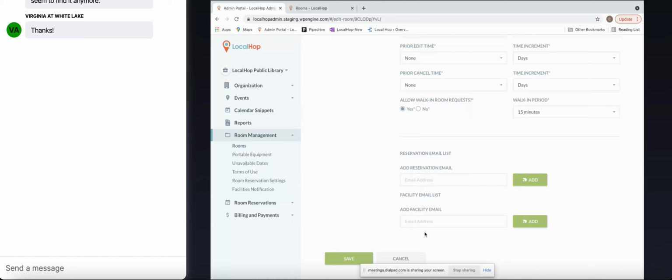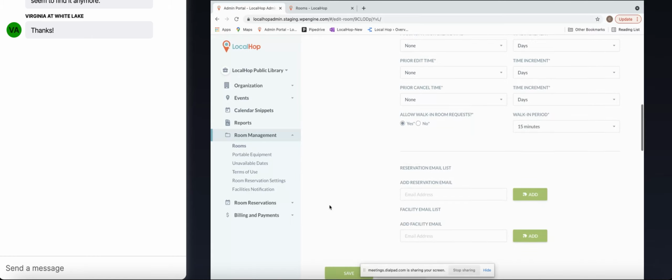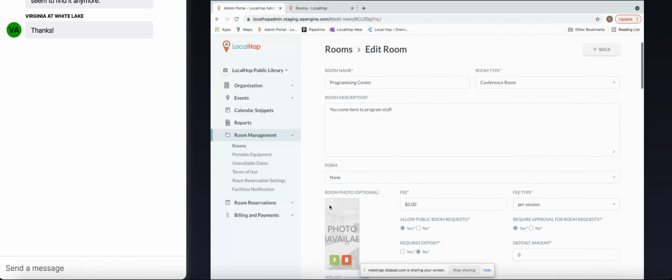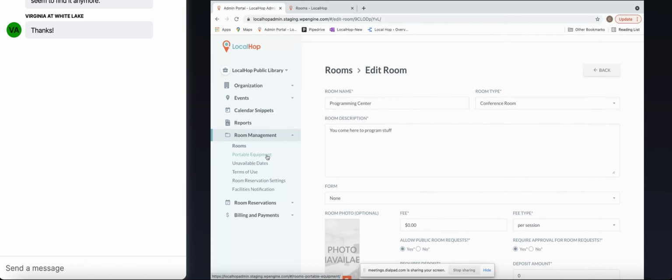Same thing with the facilities email. Anyone who might be janitorial staff or just needs to know what's going on, they can be part of that as well. And then moving on from there,